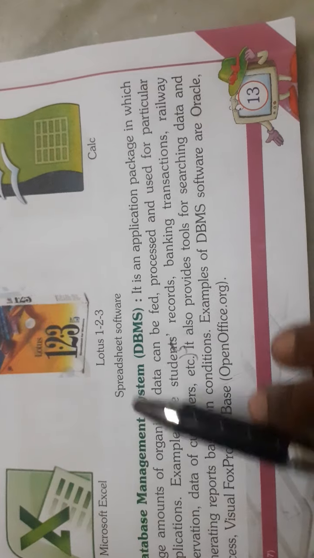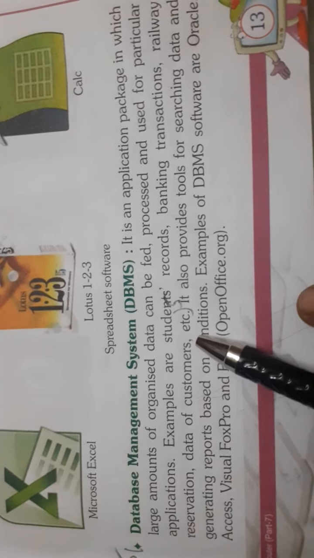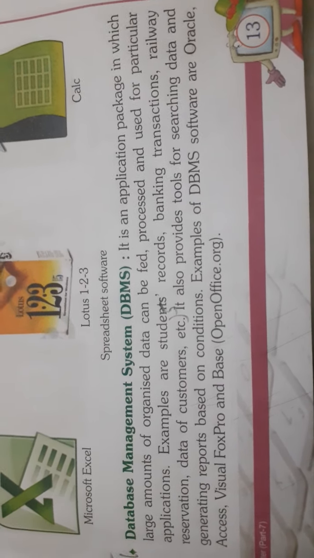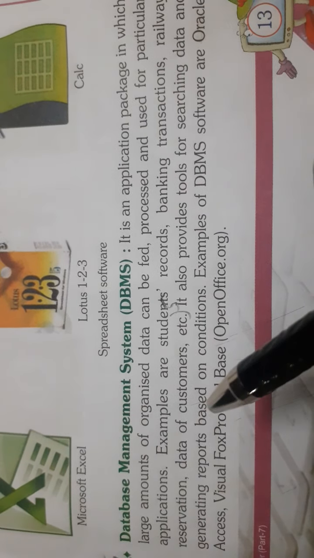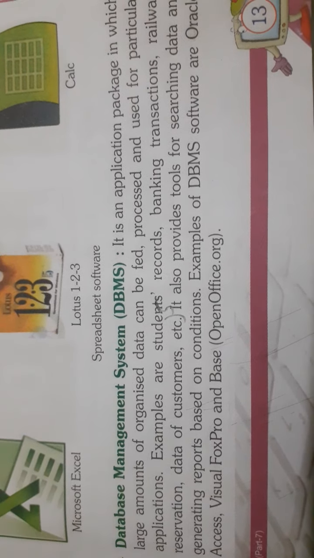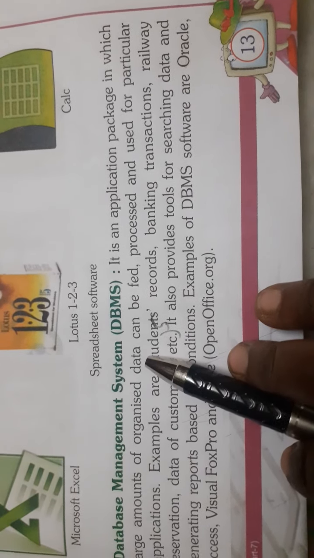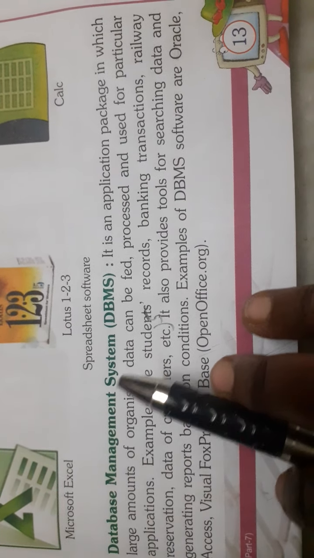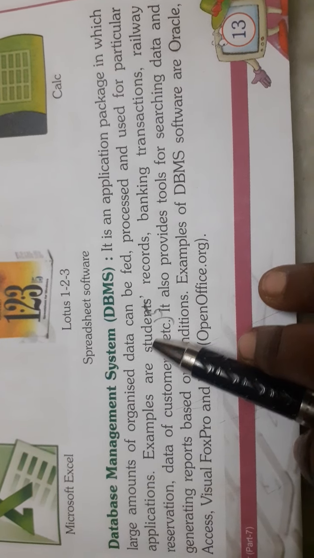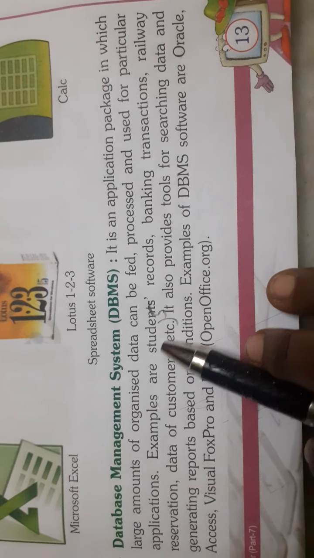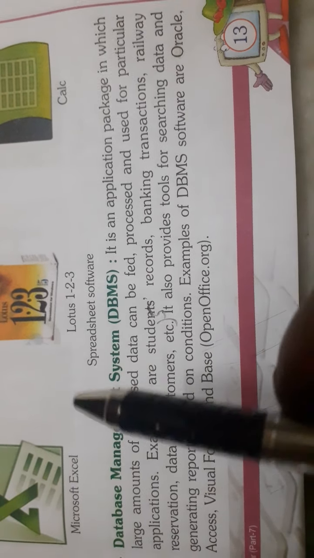In this software we can store a large amount of data, like lakhs of data we can store, and we can organize it, and we can search in those lakhs of data. We can search for only one record very easily. Okay, so what is this? We will see database management system software. By using this type of software, we can store a large amount of data, lakhs of data, and we can organize this data very easily. And we can search in these lakhs of data for one record very easily, and we can play with the data.